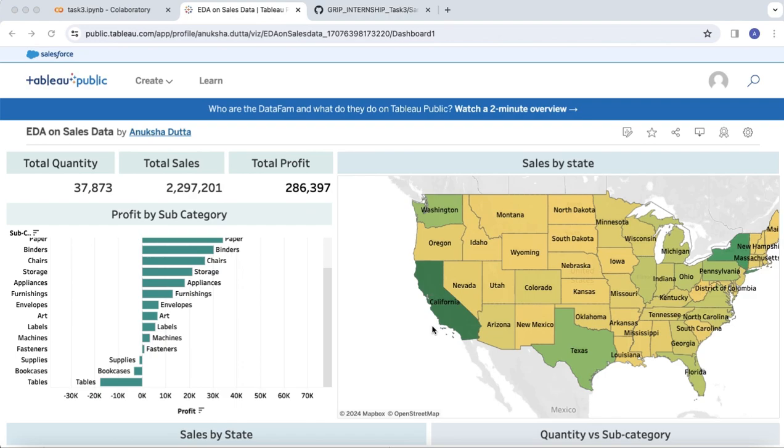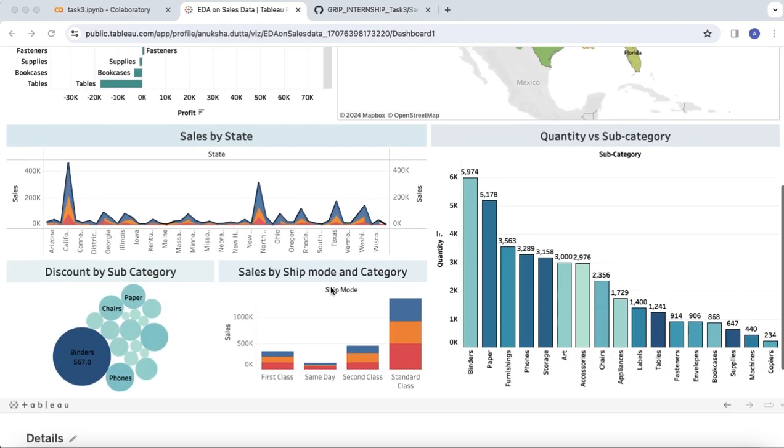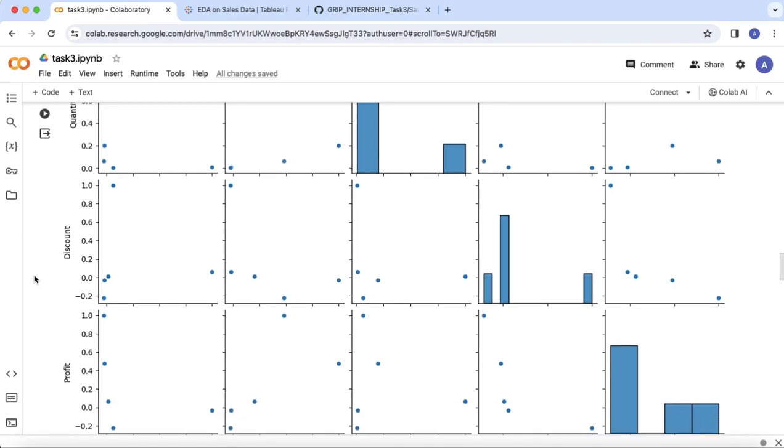So this is my final dashboard as well as the code for the exploratory data analysis,